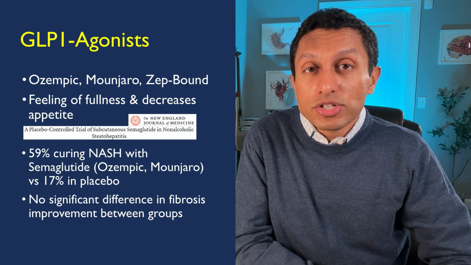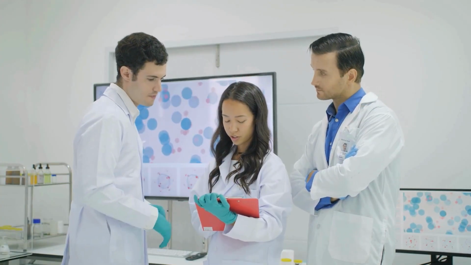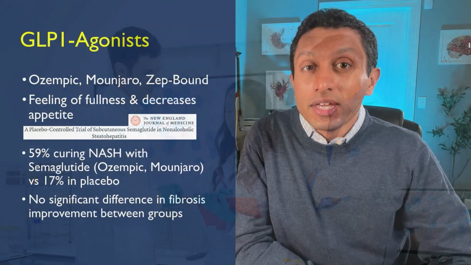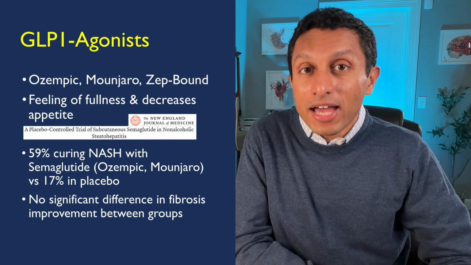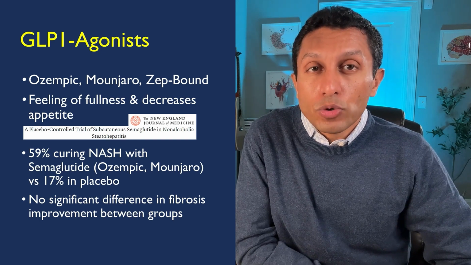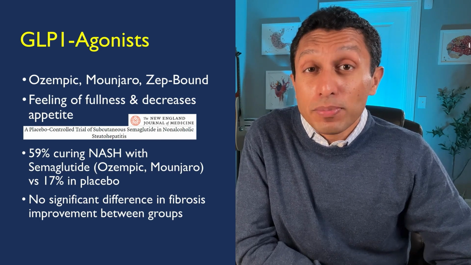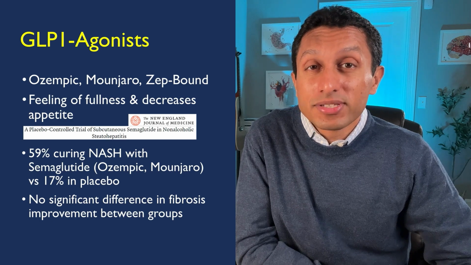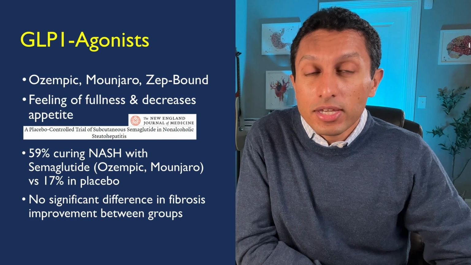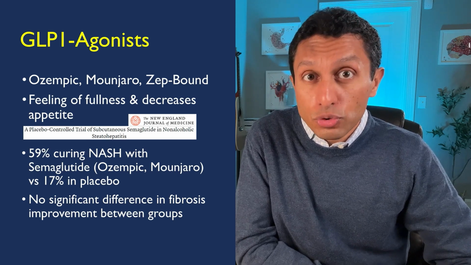A study published in the New England Journal of Medicine compared different doses of semaglutide or Ozempic to placebo and how well it helped with NASH and scarring of the liver. The highest dose of 0.4 milligrams per week resulted in 59% curing their NASH compared to only 17% in the placebo group. However, when it came to decreasing fibrosis or scarring, there was not a significant difference between the groups,